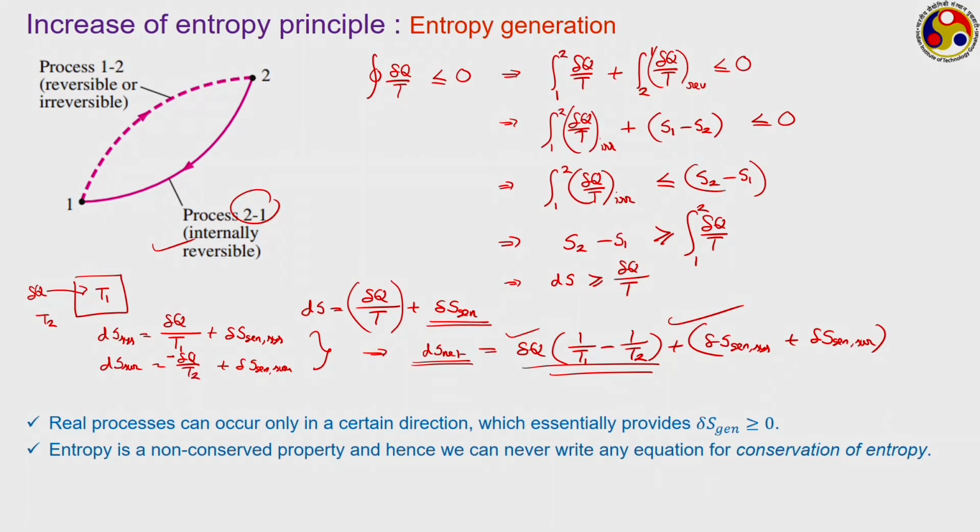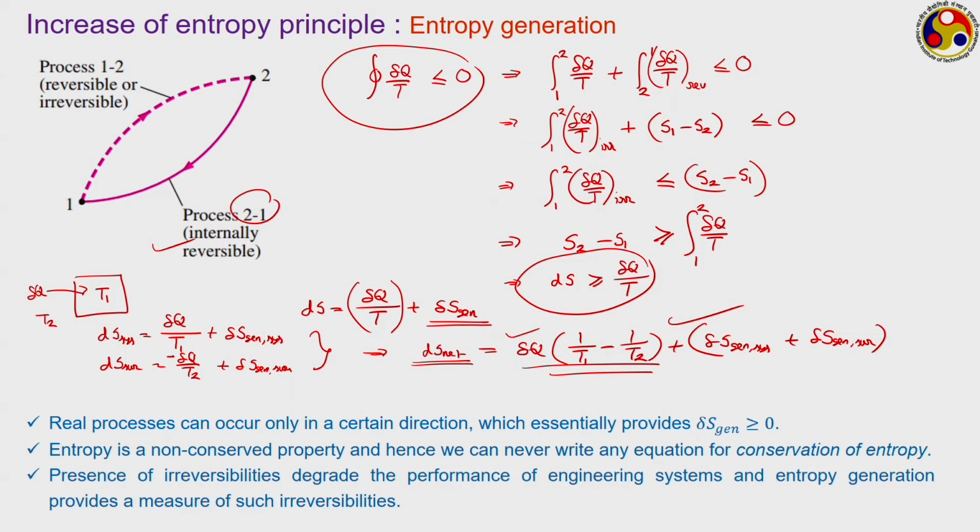Secondly, entropy is a non-conserved property because of the presence of these inequalities, and also the presence of this inequality here. So, entropy is a non-conserved property. There is nothing like conservation of entropy. We talk about conservation of mass, momentum, energy, but not conservation of entropy. We can only write an entropy balance equation where we incorporate this entropy generation term,